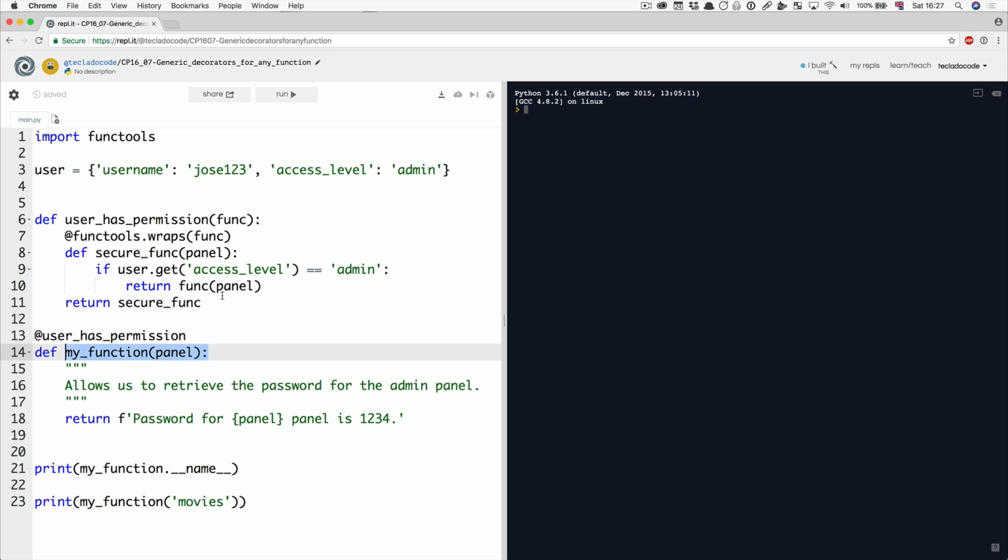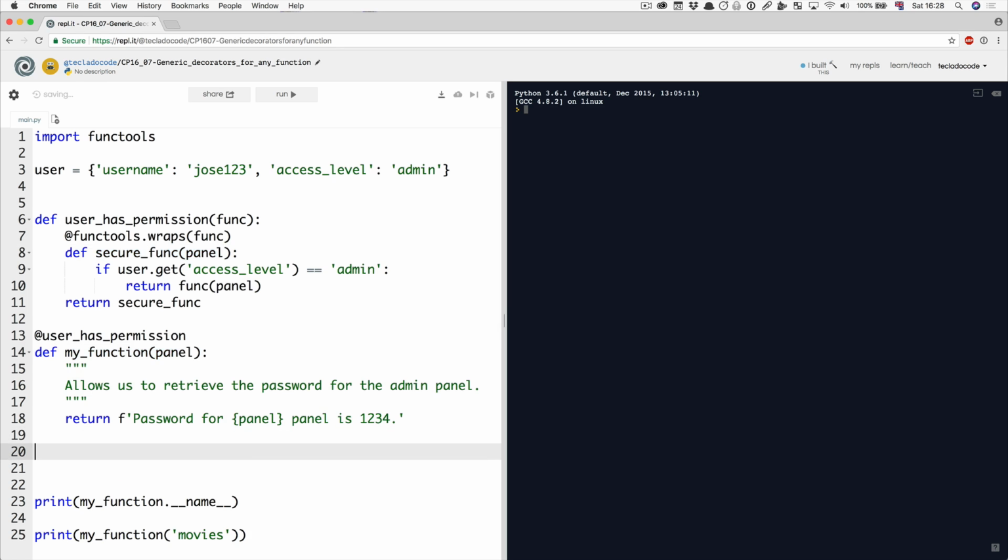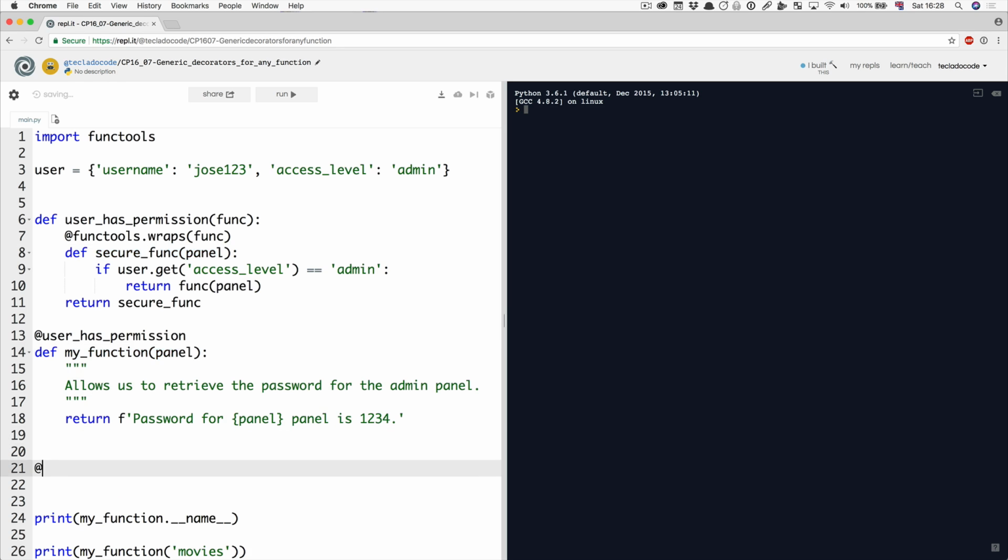And we talked about how making the decorator have this argument here, in order for it to be able to pass to the original function, essentially couples the decorator to this function specifically, because they must have the same signature. The secure func and the my function must have the same signature, the same number of arguments. And indeed, we looked at that when we used this